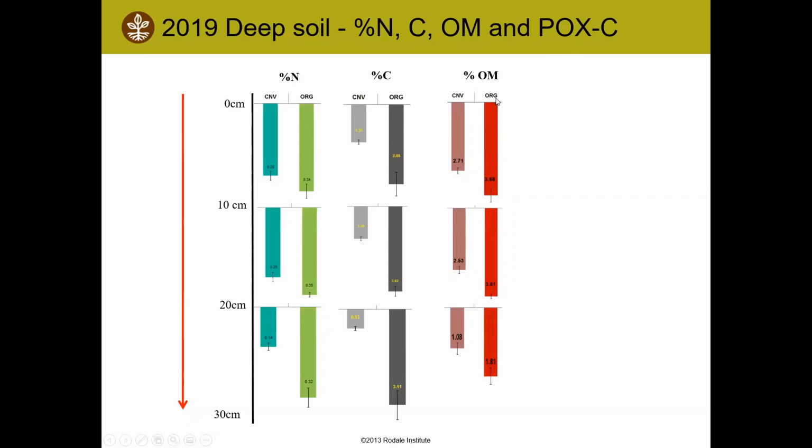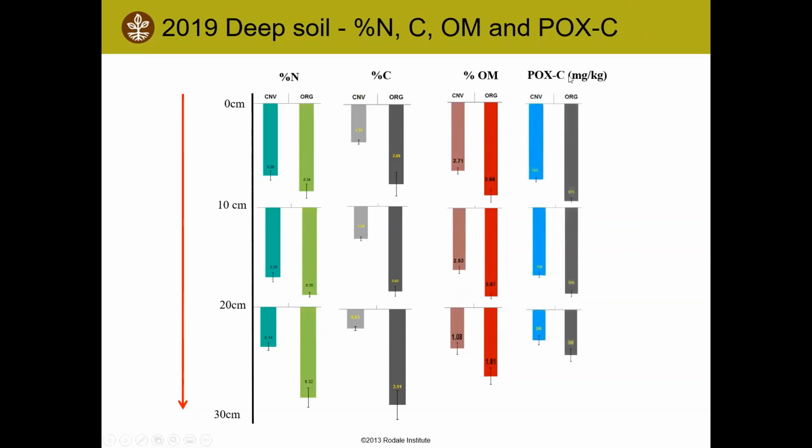Same with the organic matter, it followed the same structure. We have more of the organic than the conventional. And when we looked at the epoxy, which is the labile carbon, accessible carbon for the microorganisms, you could see that again, in the organic system there is much more than in the conventional, and the proportion is nearly the same when you go from organic to conventional at each depth. So I'm going to talk more about the epoxy,